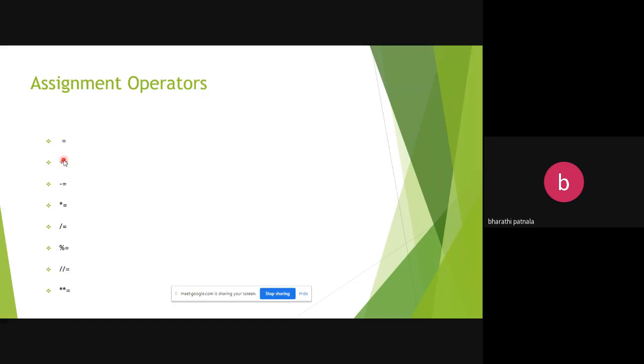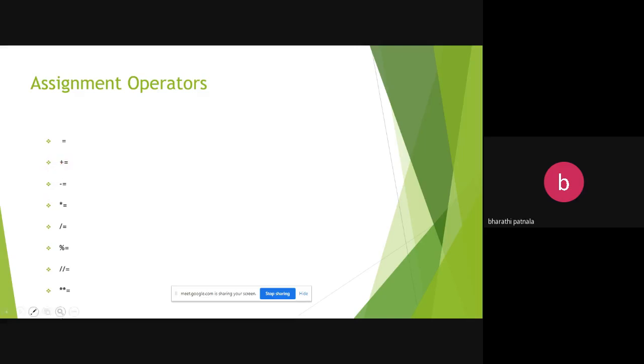When you are performing C is equals to C plus A, that means you are adding A to C and assigning the same value into C. At that time, you can use these shortcut operators. Simply when you are assigning any value to a variable, you use equal. When you are adding something to that variable and also storing it to the same variable, then you use a shortcut assignment operator.